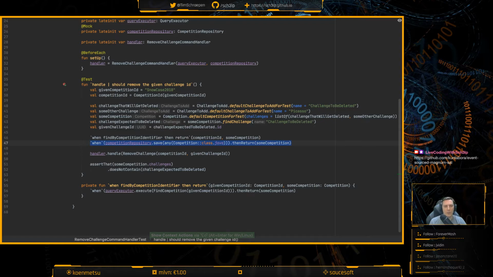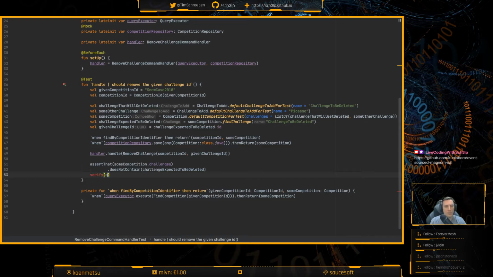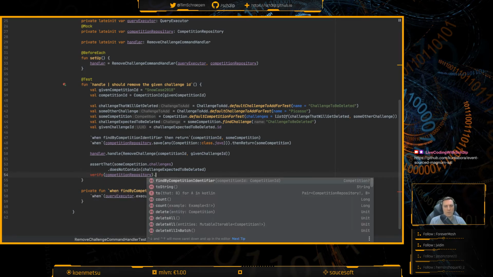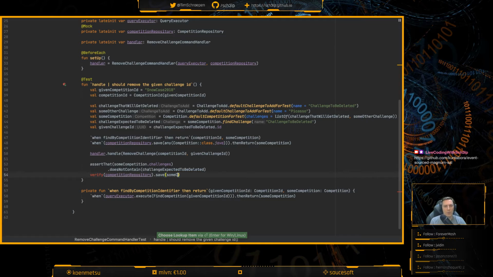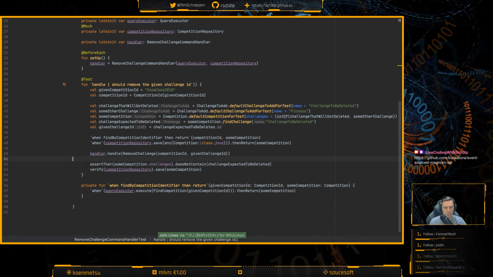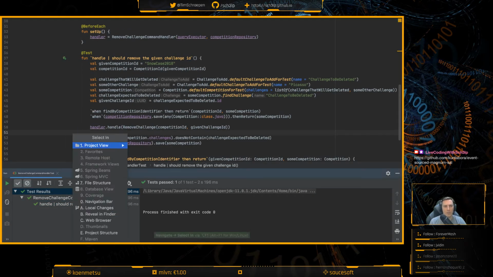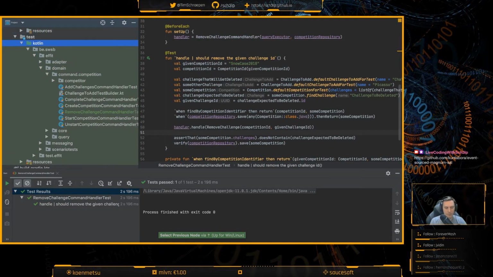So we're really doing this just to make it work, and then what I'll need at the bottom is a verify that competition repository. Import. save was called with some competition. Yay! Now let's run all of the tests again. Oops.